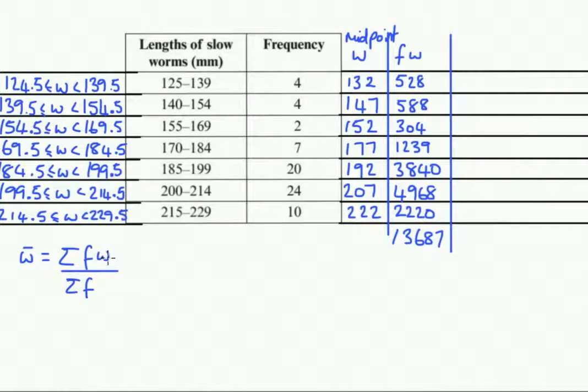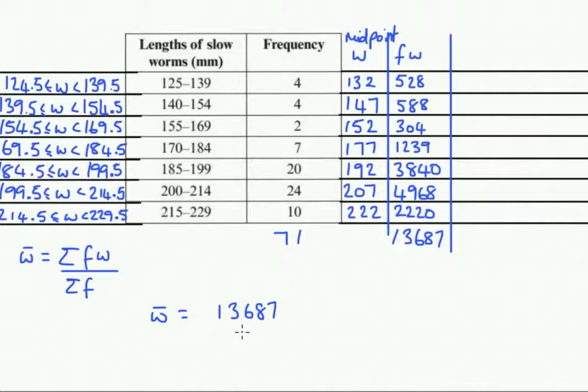So the sum of the FW's, which is this, divided by the sum of the frequencies. So we need to add the frequencies up. 4, 4, 2, 7, 20, 24 and 10. So that comes, I reckon, to 71. So the mean is then going to be